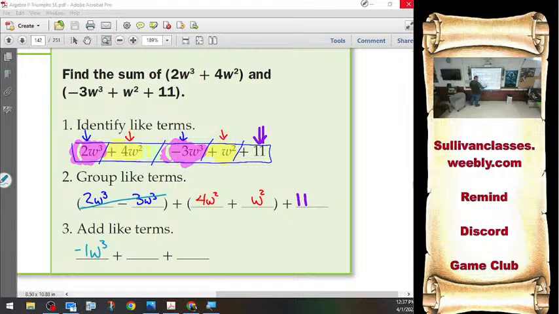4 waffles plus waffle. What number is in front of w squared? So it's going to be 5 waffles. In this case, 5w squared. And 11, well, 11 is just